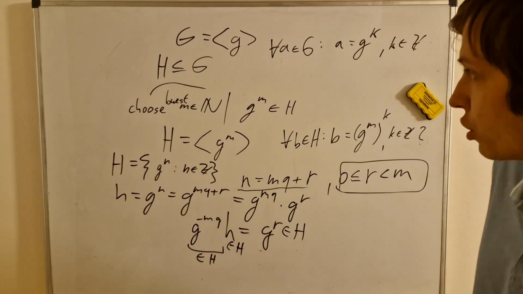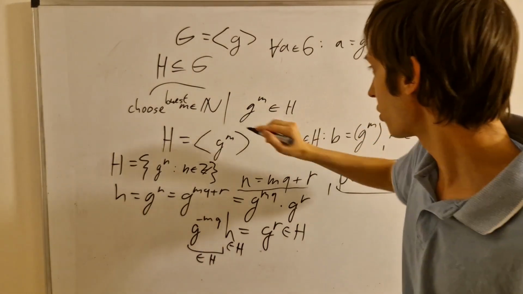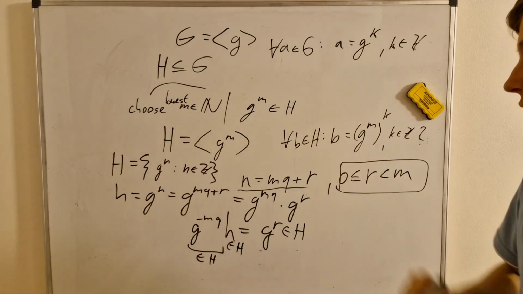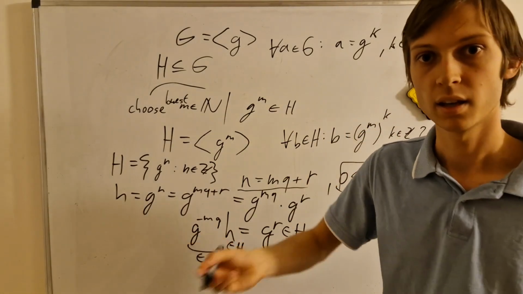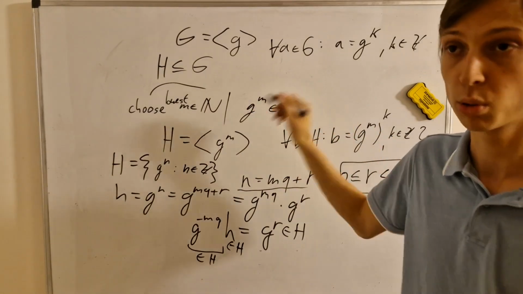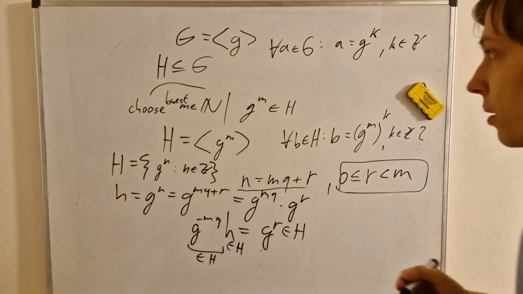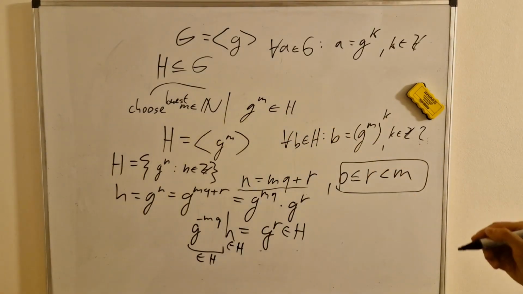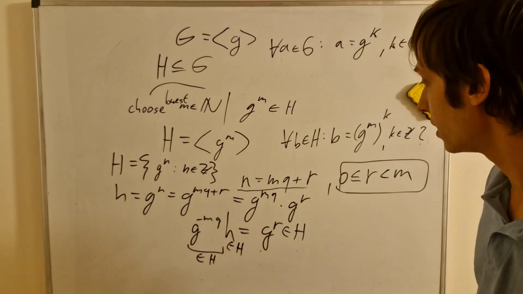At the same time, we chose m to be the smallest possible exponent such that g to the m is in h. So g to the m is the smallest possible power of the generator g such that it's in h. So that means g to the r must be,